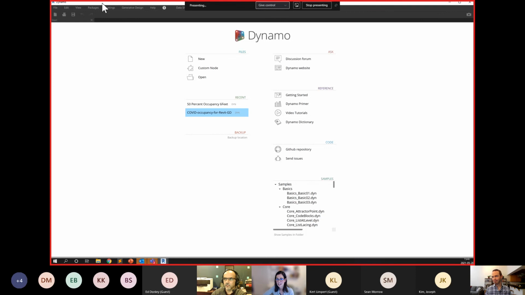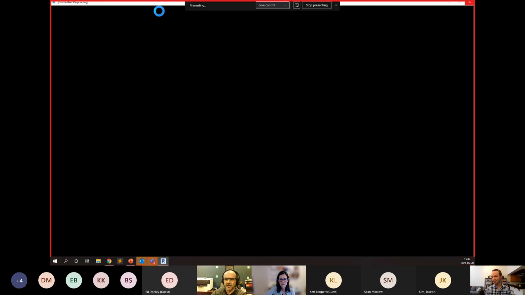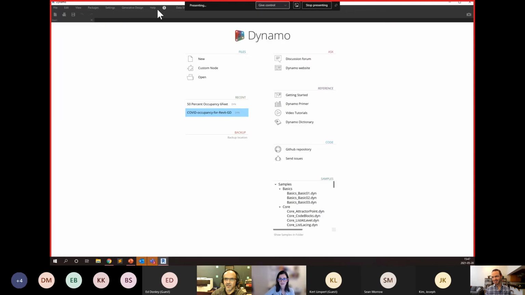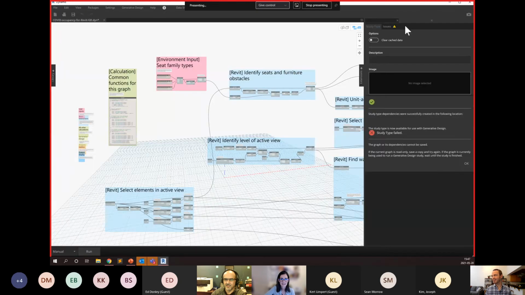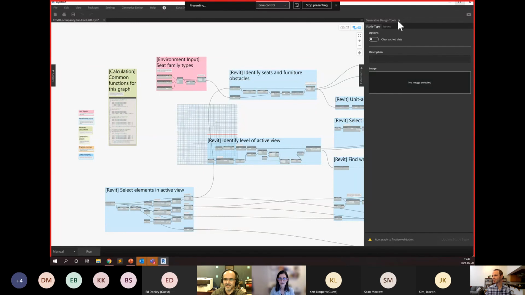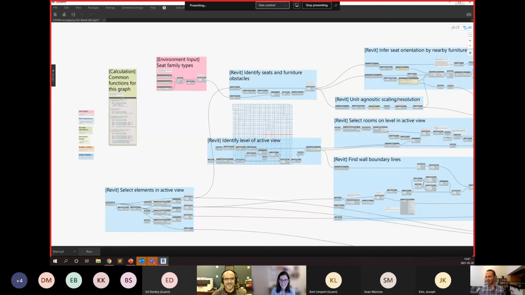It's always challenging to open somebody else's Dynamo script and try to understand it, but Colin will show you now. We try to put notes in it and explain it. He has good grouping. Yeah. All right, so let me just run this. There's a lot in here, but it's very well documented, so you can run through. The groups are all organized, and I have some notes I want to share at the very end about how to deal with large graphs like this, because you just can't